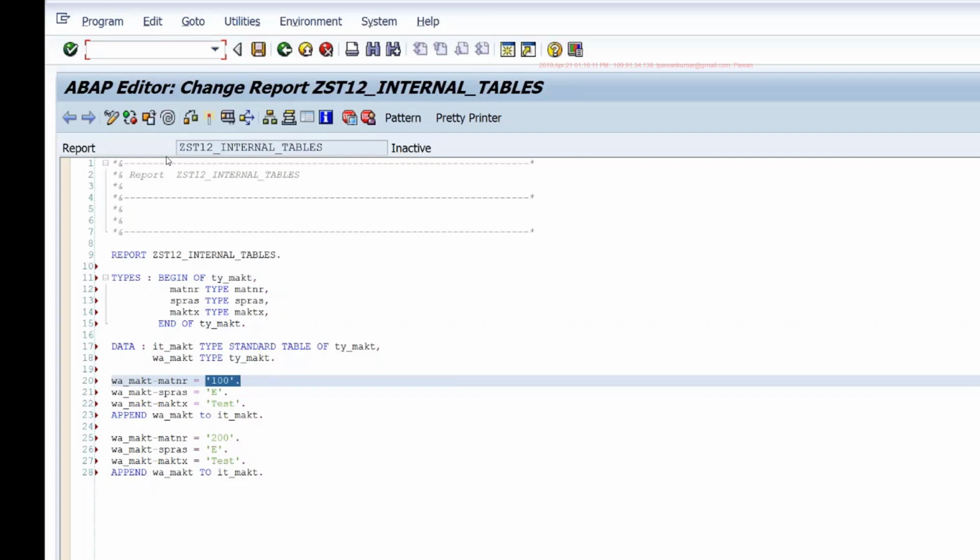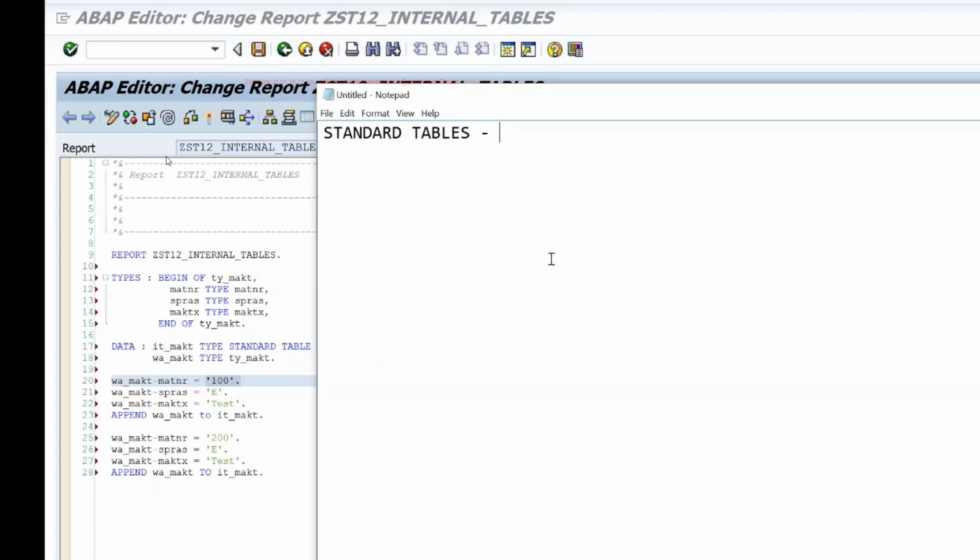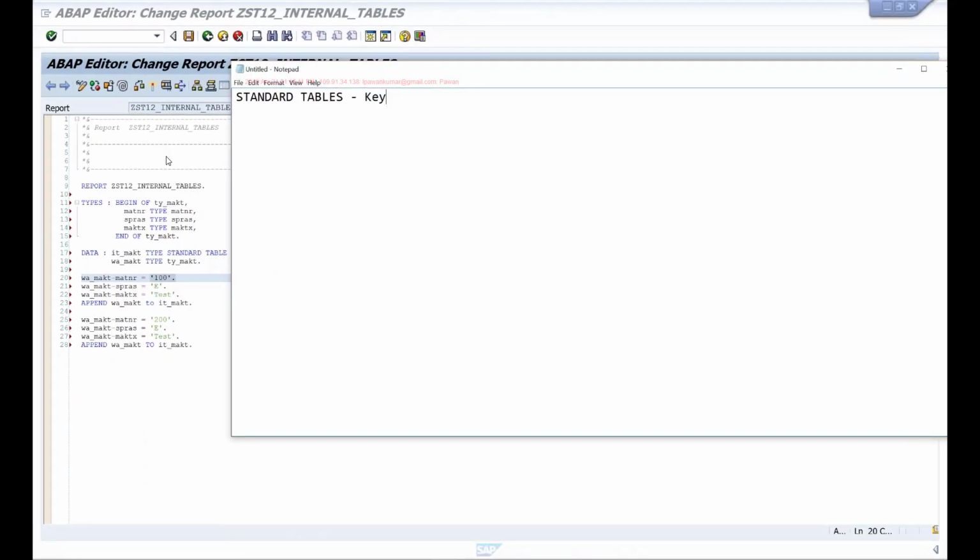Now for standard tables, the first point is key definition is not mandatory. While declaring the internal table, it has the key, but you don't need to declare it when you are defining the internal table. And the second is it supports only non-unique key.